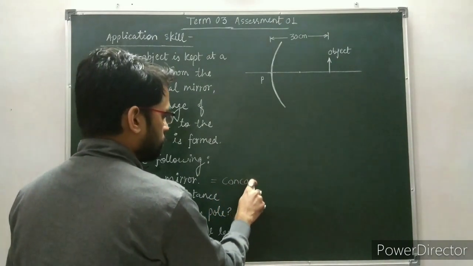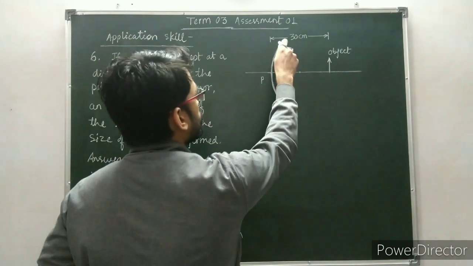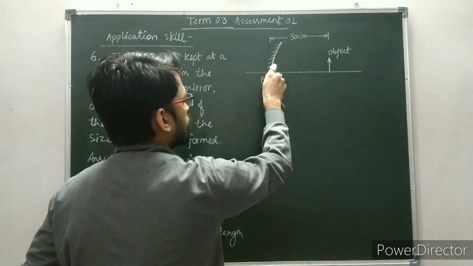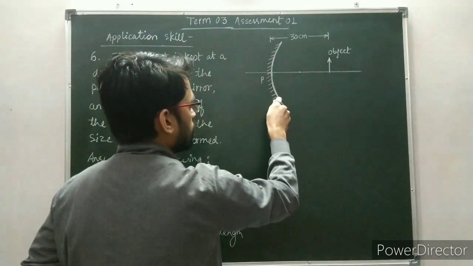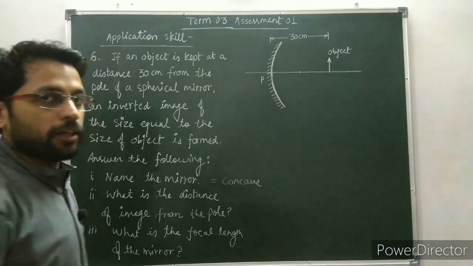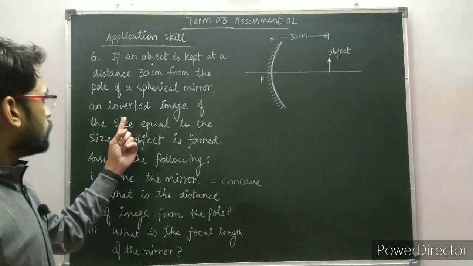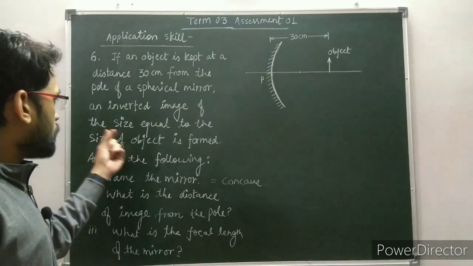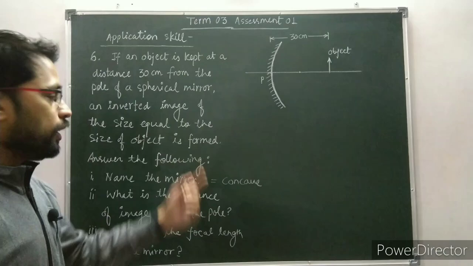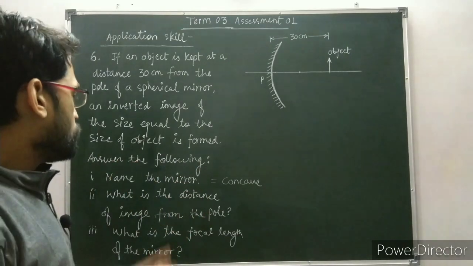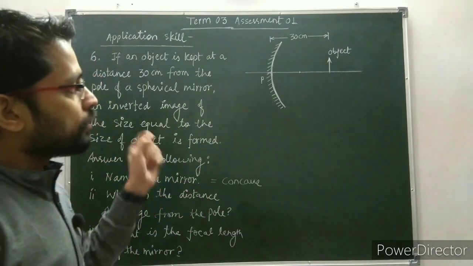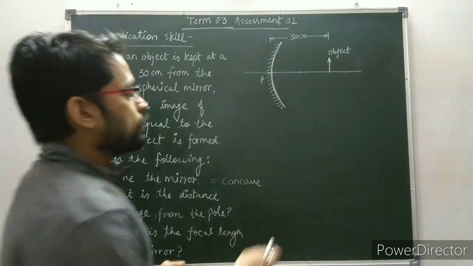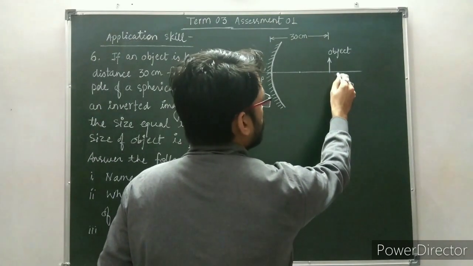Okay, so now draw the concave mirror here. Okay, so this is concave mirror, and the image is formed whose size is equal to the size of the object. And this situation is possible only when the object is at center of curvature of the mirror. Okay, so this will be the center of curvature,